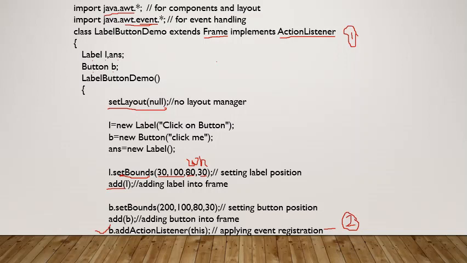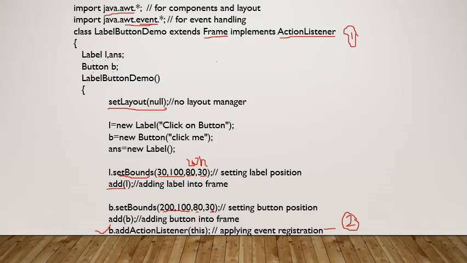Then the button is set the same way as the label: button object B dot setBounds, again 4 parameters, x and y coordinates 200, 100, width 80 and height 30. So we have fixed the position of the button and then we add the button.